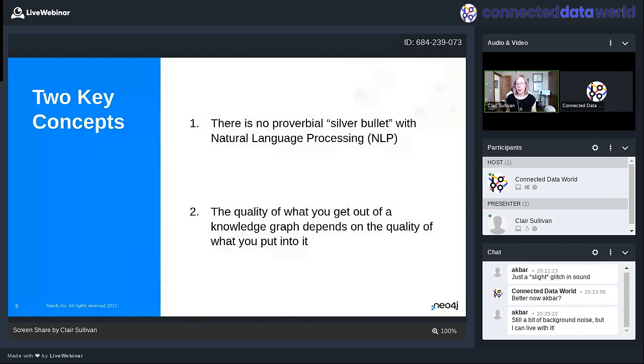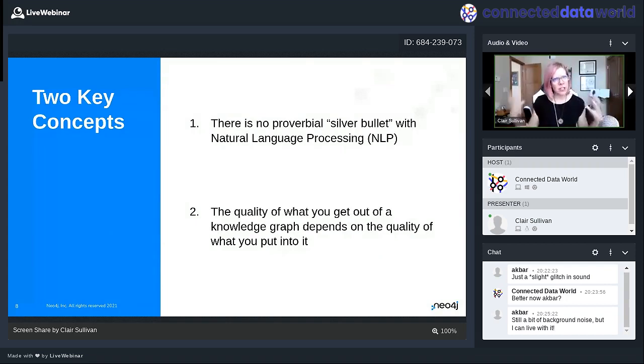We're going to be doing an admittedly very hacky way of creating a knowledge graph, just to get you thinking about some ways that you could do this with different machine learning approaches. There's an infinite number of ways you can do it. I'm going to show you two different ways today, but keep in mind how to get quality answers out of your knowledge graph.